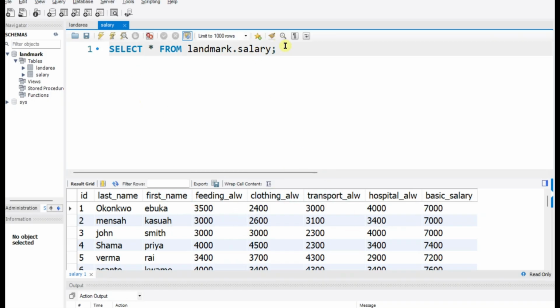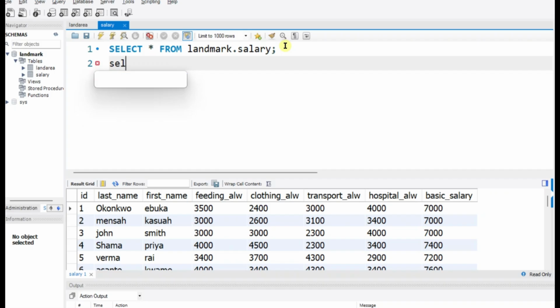We're going to be using aggregate function. Okay, so the first thing we are going to do is that we are going to write select